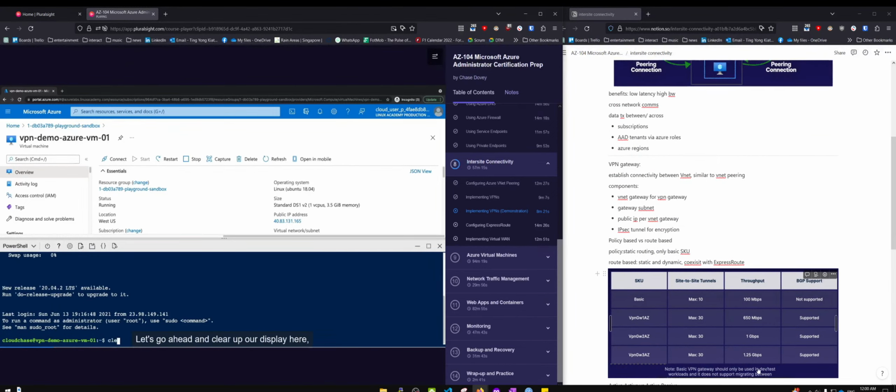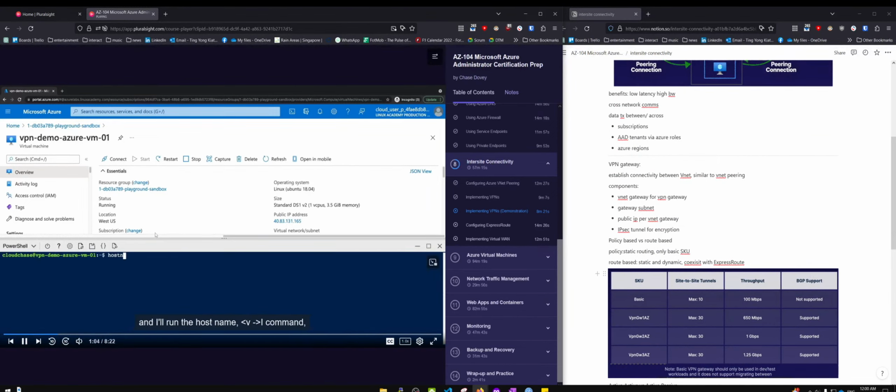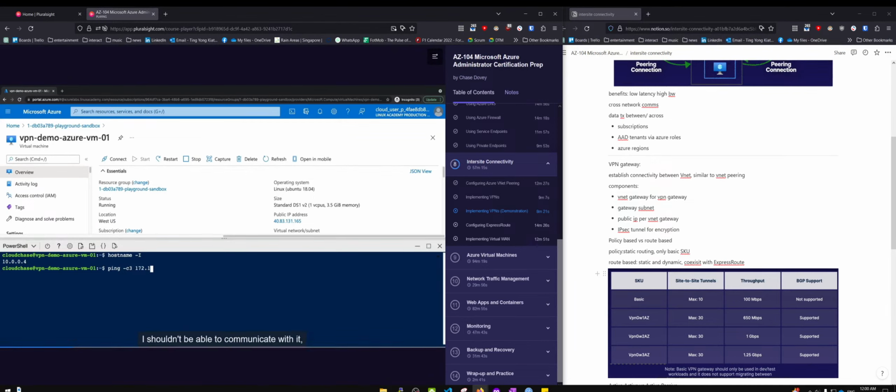Let's go ahead and clear up our display here, and I'll run the hostname -I command, and we'll see that I have the private IP address for this VM1 of 10.0.0.4. My other virtual machine has the private IP of 172.16.0.4. So if I try and ping it with a 3 count, I shouldn't be able to communicate with it,